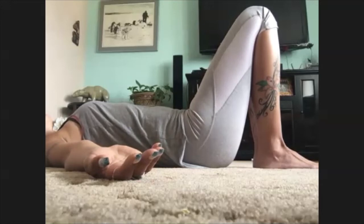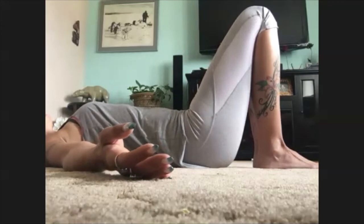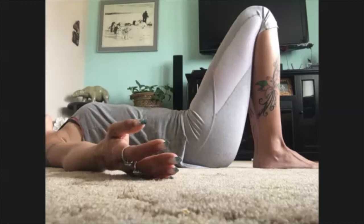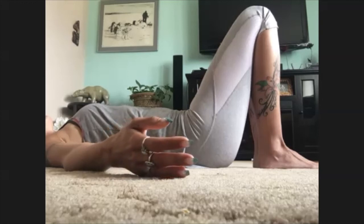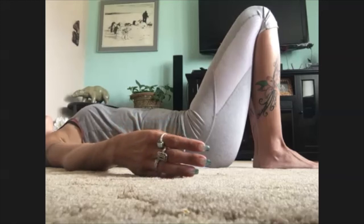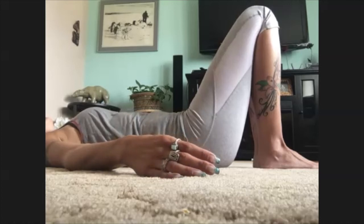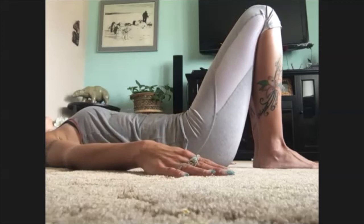Exhale, super slowly begin to release that contraction. So slowly letting your arms roll back to palm facing down, slowly releasing in the back of your neck, and slowly releasing the tilt in your back. Super slow and smooth as you can. And when you've finished releasing the contraction in your back,